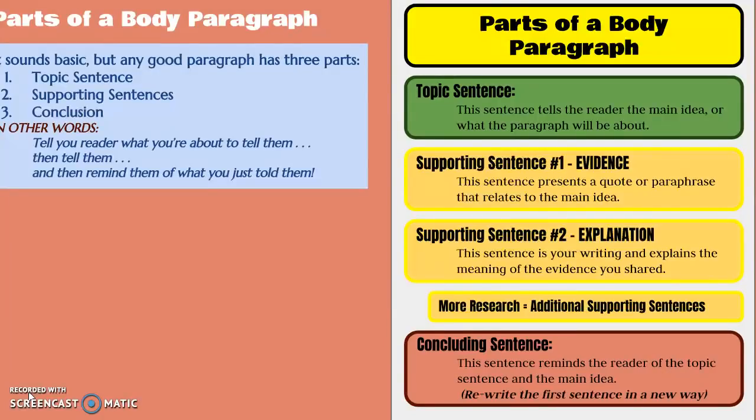So if you look at this, a very basic paragraph is going to have at least four sentences. A topic sentence, at least one piece of evidence, at least one explanation, and then a conclusion. Four sentences for the shortest, most basic paragraph. Again, more evidence is going to lead to longer paragraphs. It's important to note, however,